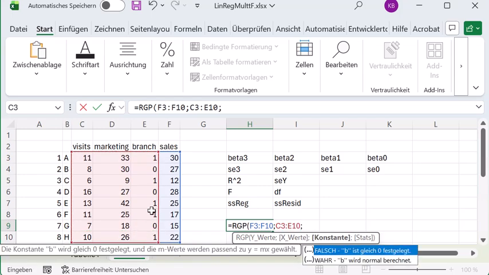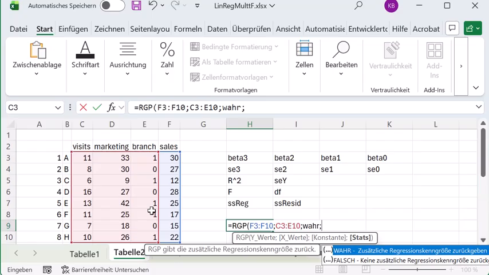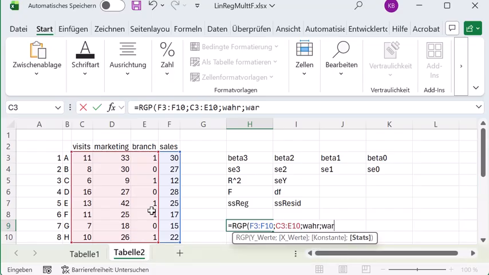Later on we also have to add that we want to have our constants and that we get our output statistics. Therefore we have to add TRUE in English